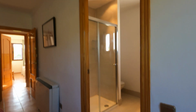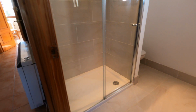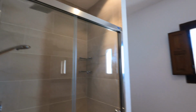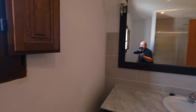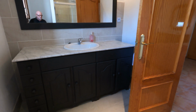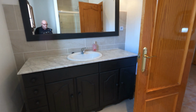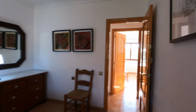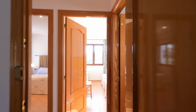Nice views out of the window, which you'll be able to see on the still photography, and the ensuite shower room. A very large double walk-in shower cubicle with loo just tucked around the corner, and nice vanity, large mirror over a good sink unit, again with marble worktops. Back out onto the landing,